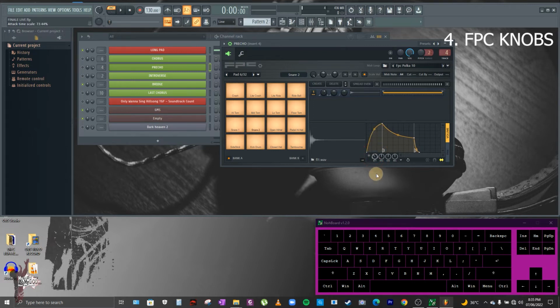Okay, so next is the decay. I don't really see the effect of decay. Usually I just remain it at center at this kind of adjustment. I don't think it really matters at this moment. Sustain, usually I make it at the max level.